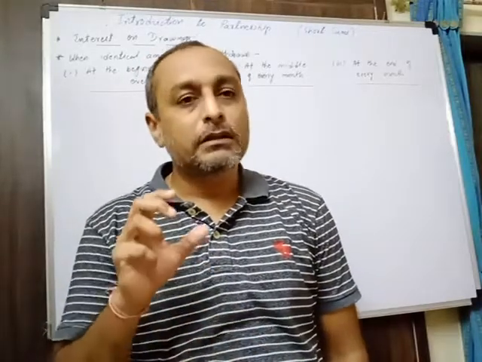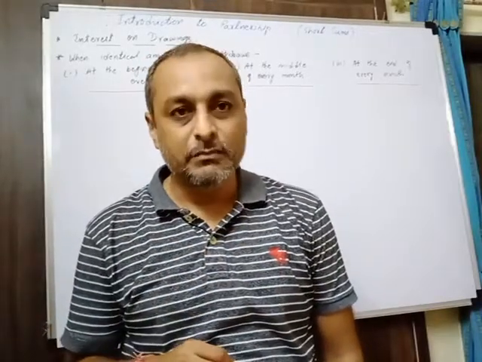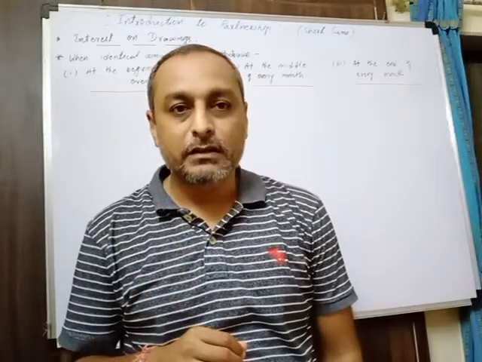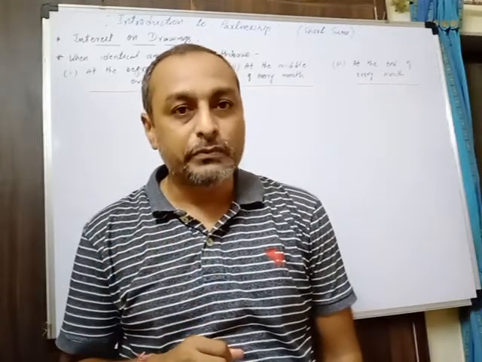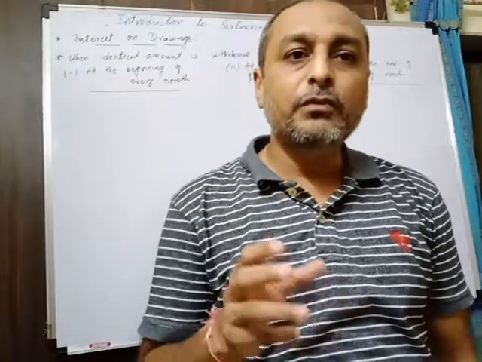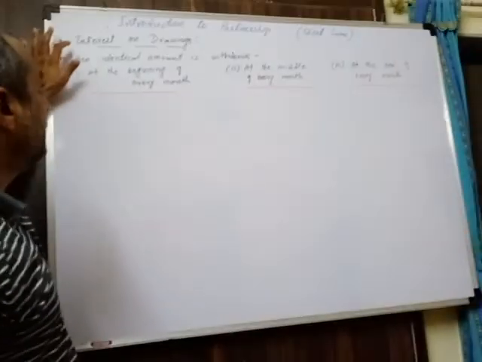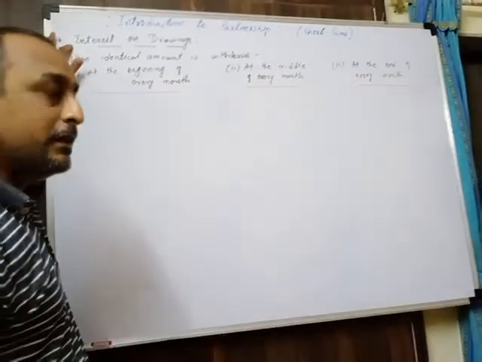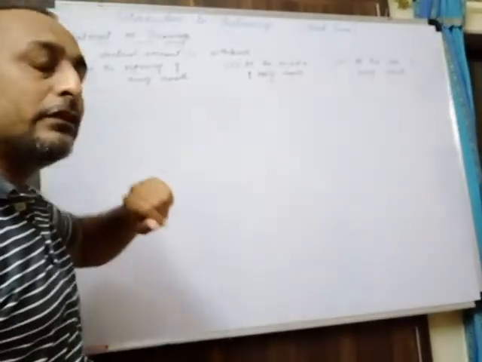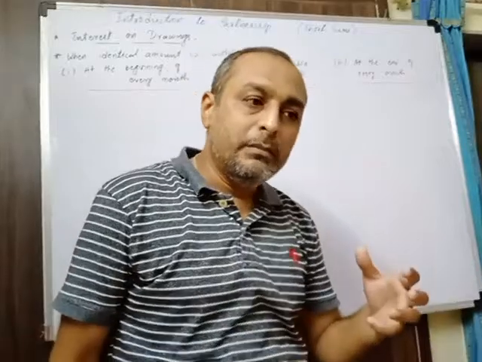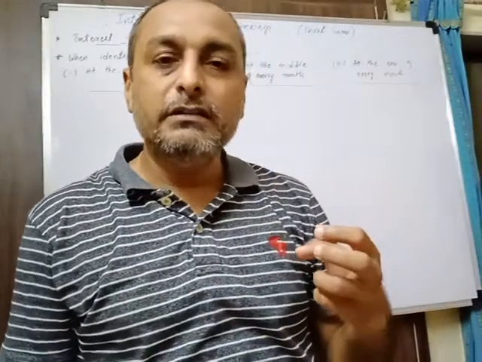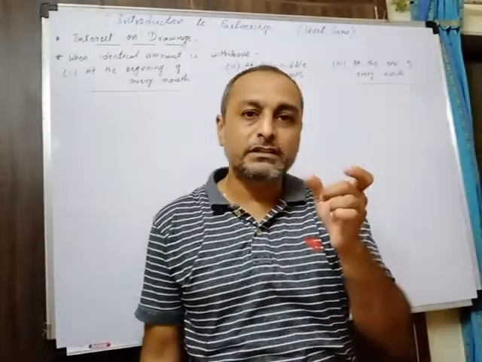Now we'll move on to the calculation of the short sums available regarding this Introduction to Partnership, that is, regarding the partnership problems. Before moving on to that exercise, first we'll discuss some concepts regarding interest on drawings. Interest on drawings we have calculated according to the amount of drawings the partners have withdrawn, as well as the period for which it is withdrawn.